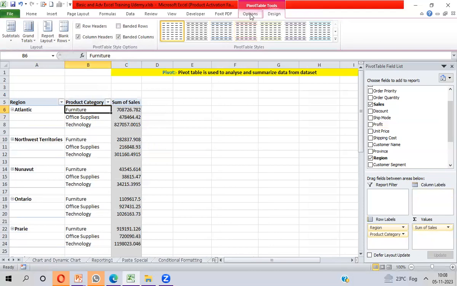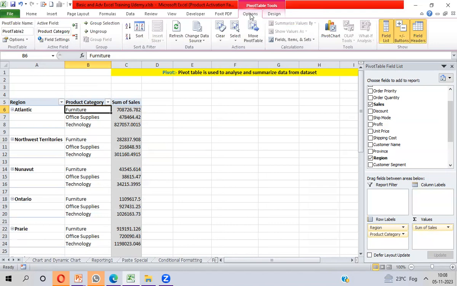I'm taking up another small feature of the pivot table. Here you need to go to Options, and if I put my pointer on the pivot table, my pivot table's name is PivotTable2. This is the name of the pivot table. If I put my pointer here, then Product Category is showing. Why is it showing product category? Because my pointer is on product category.